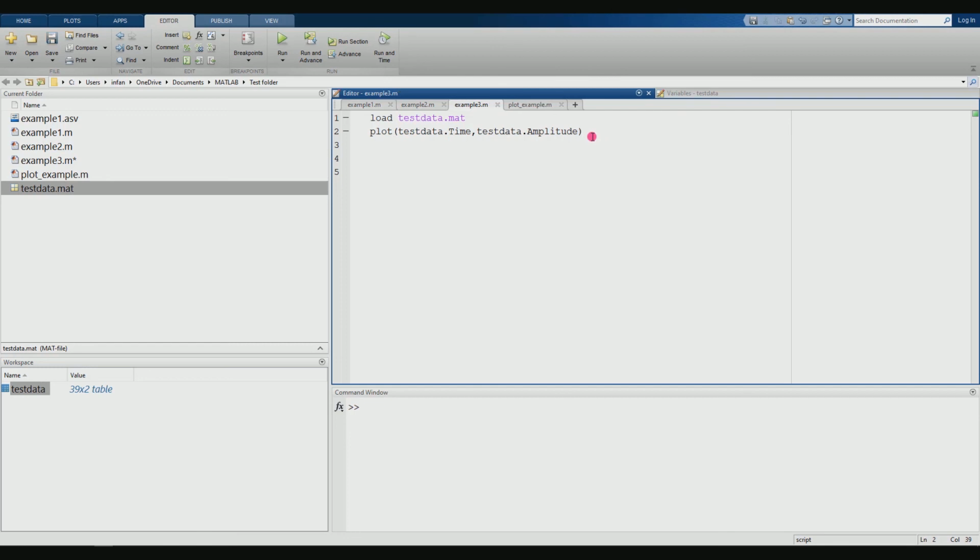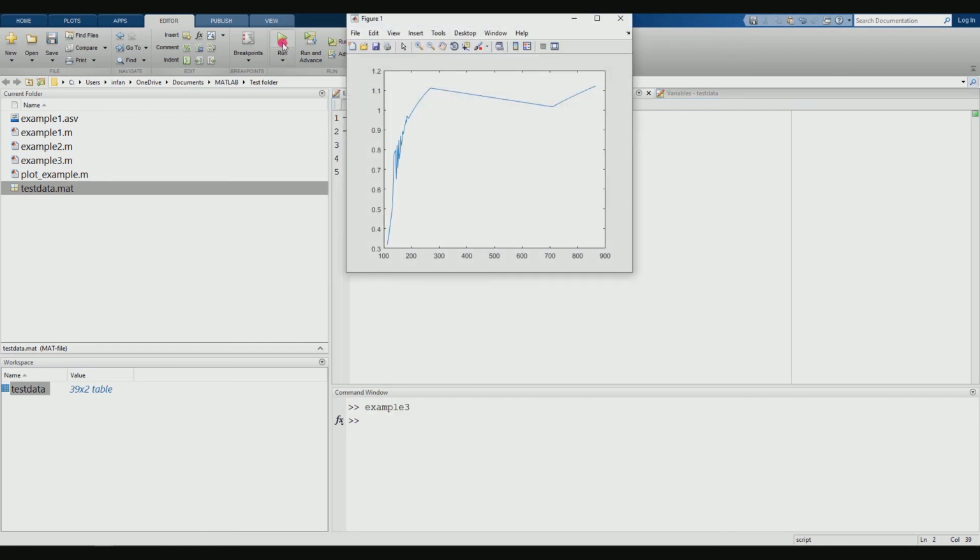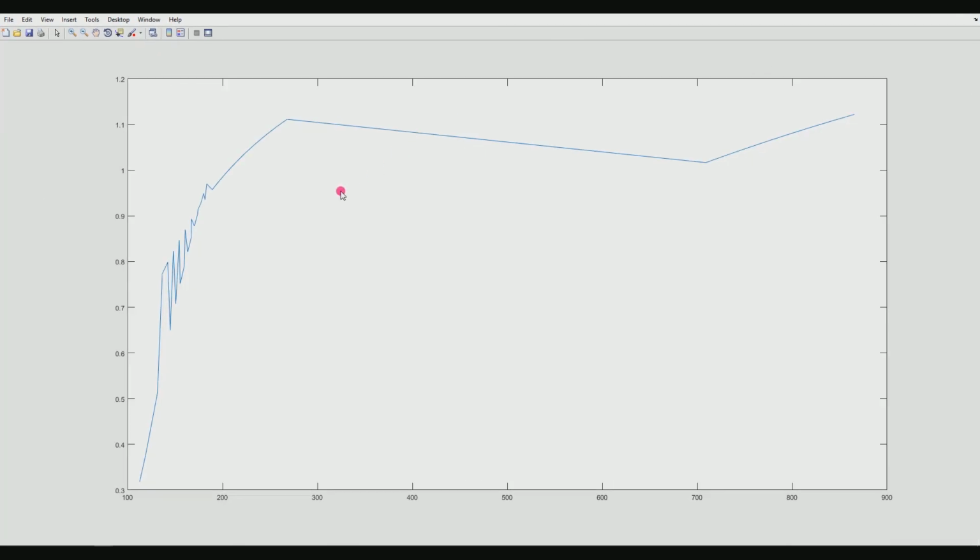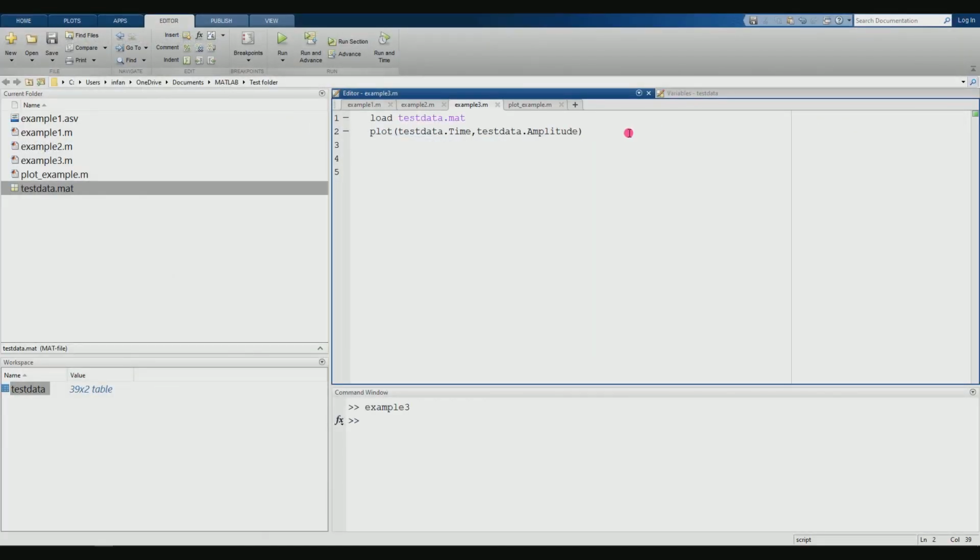Okay. Now let me save this, run the code. So you can see an XY plot is created. So this is some random data. That is why the graph is not having any preset characteristics. So whatever data set you wish to import inside MATLAB and plot, you can do in this way. Similar to the line plot we discussed in the previous slides, here also you can add the X label, Y label, legends, title, everything can be added.